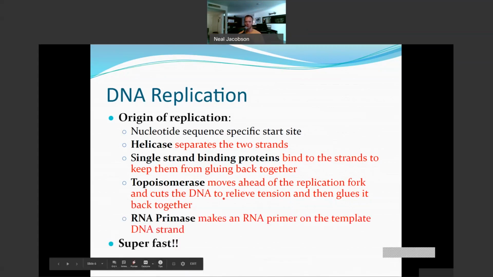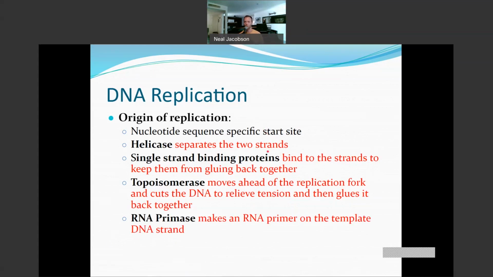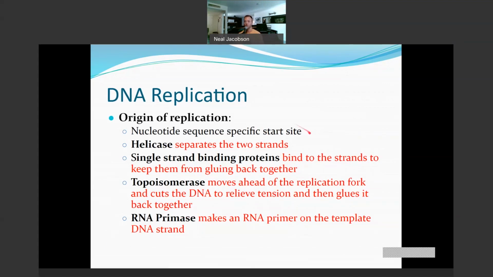And then you've got RNA primase, right? RNA primase comes along, and RNA primase makes an RNA primer on the template DNA strand. So the strand that's about to be replicated, RNA is coming along and laying down a primer on that. Specifically, when RNA primase is laying down the RNA primer on the template strand, what we mean by